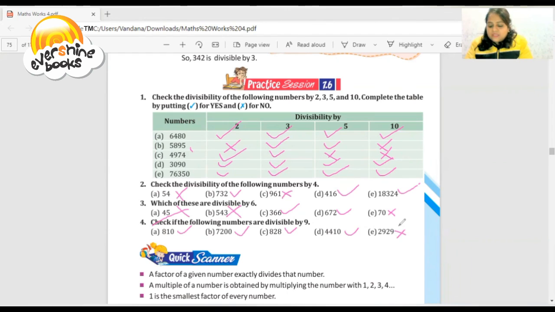Okay, so cross this. So students, it's a very interesting chapter. It's totally related to your counting, sorting. You have to know the tables first, and factorization. It's a very important chapter. So just do it in your notebook and we will start our new chapter in our new class. So students, thank you and have a nice day.